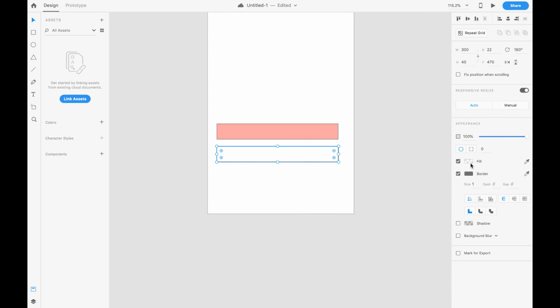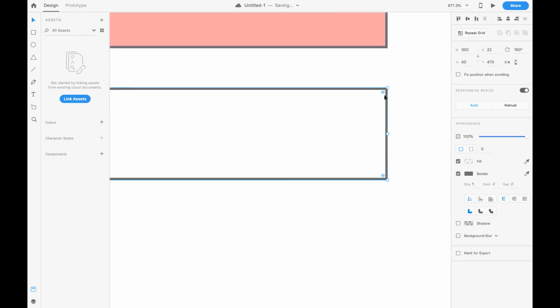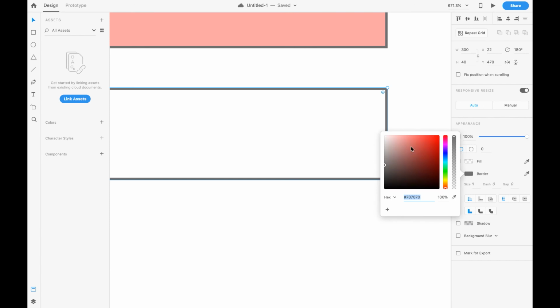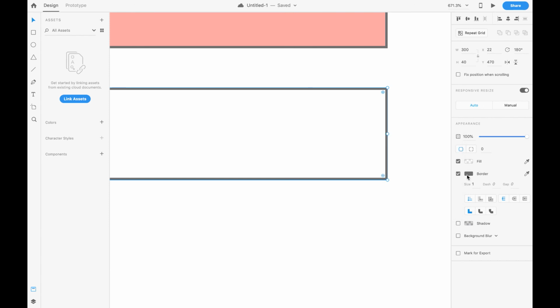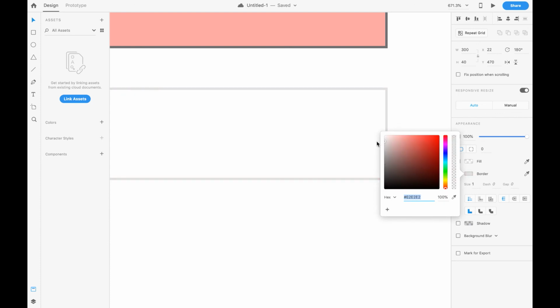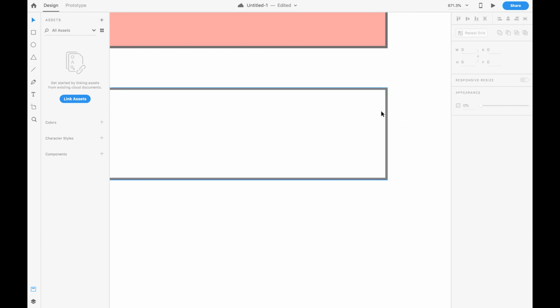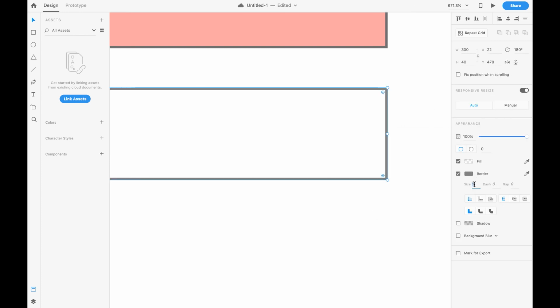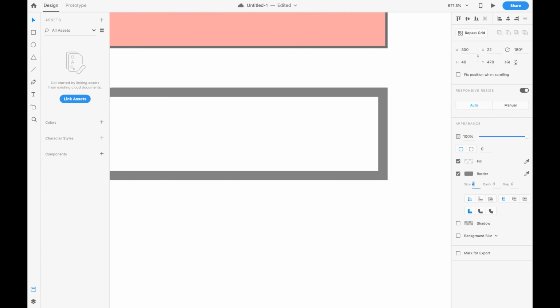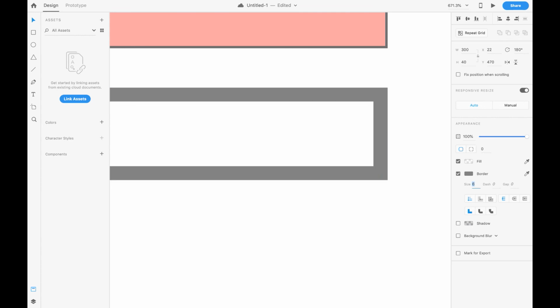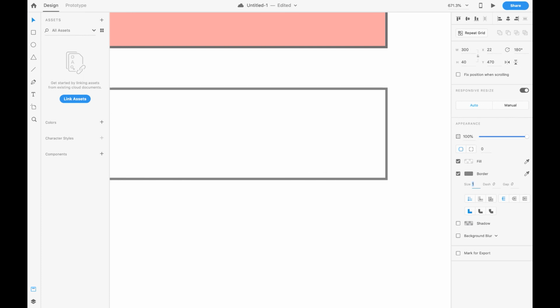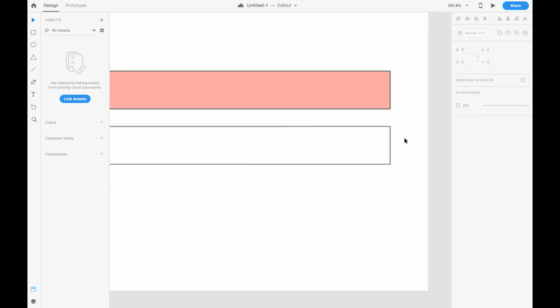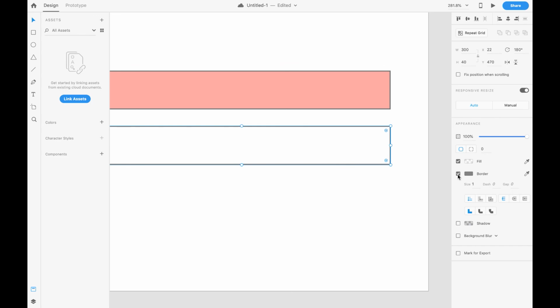After fill we have an option of border. So what is a border? The rectangle or circle or anything will have a border. If you need to change the color of the border, same as we do in fill, you need to select this and change the color of the border. After this we have the size of the border. You can increase the border size to any number which is required for us. Usually for any mobile design, the border will be of 1. This is the basic thing. If it is required, you can change it also.